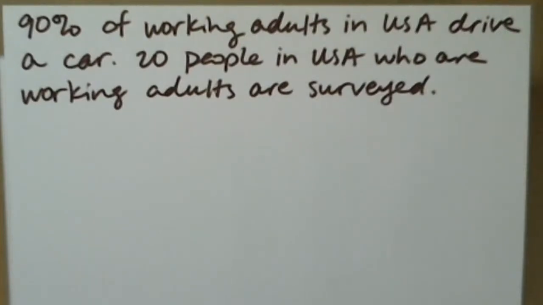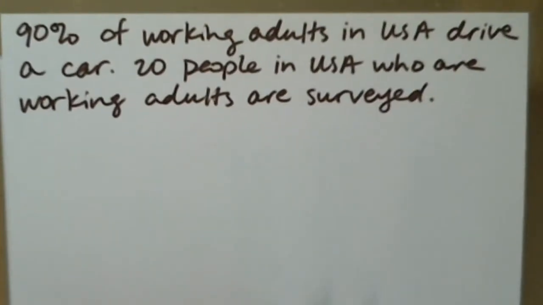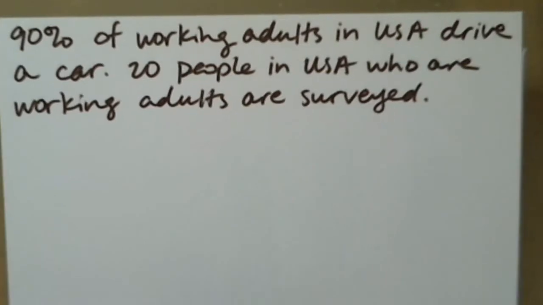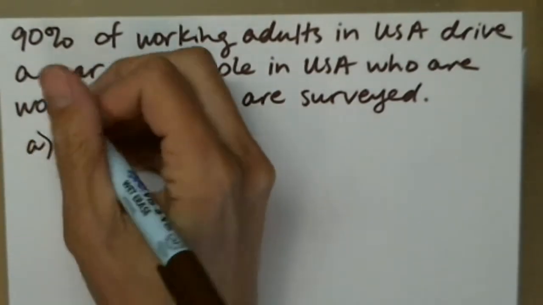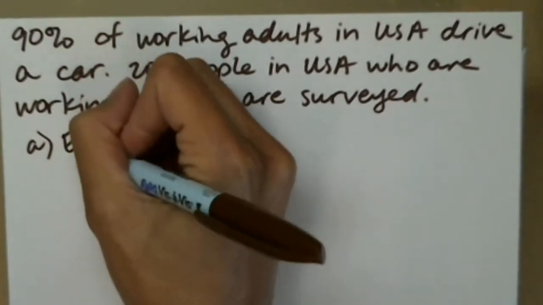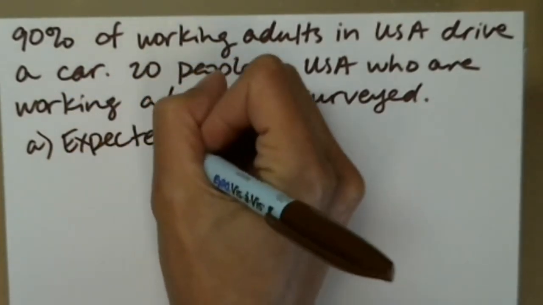Okay, so in this one it says 90% of working adults in USA drive a car. 20 working adults in the USA are surveyed. We want to go ahead and answer some binomial probability questions. So A, we want to know what the expected value is